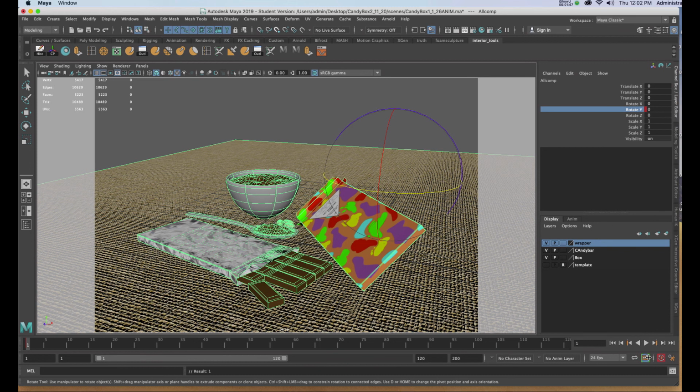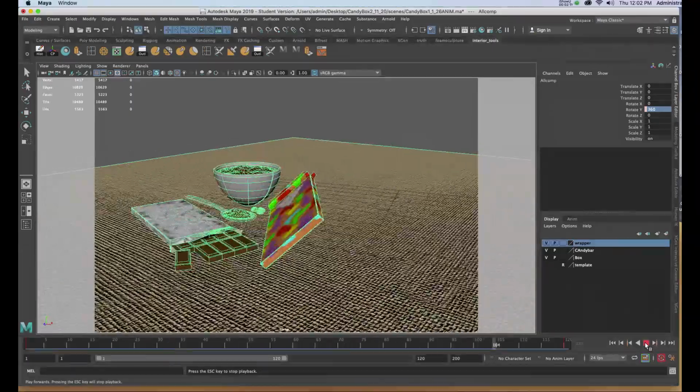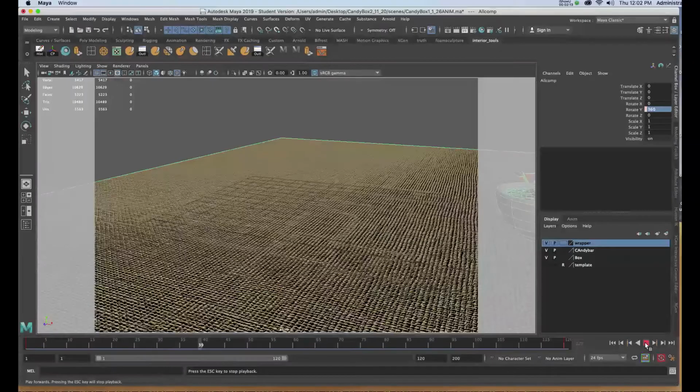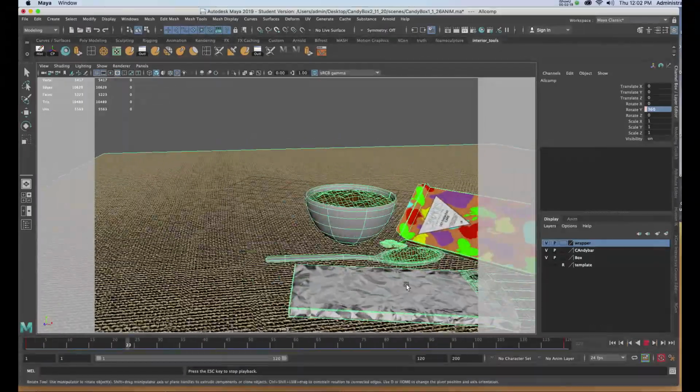Now I'll go to the end of the timeline using the VCR control. And at frame 120, I will change Rotate Y from 0 to 360. And if I were to preview this with the buttons on the VCR control, I can now preview what I have. Now, I've got an issue with where I'd like the center of this composition to be. I'll stop the animation,